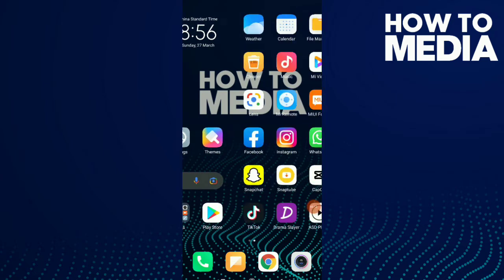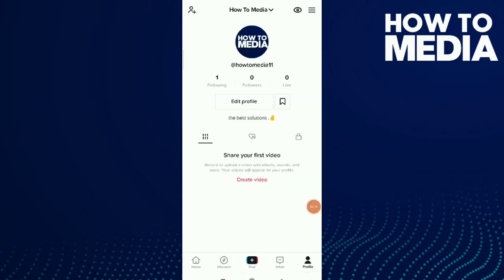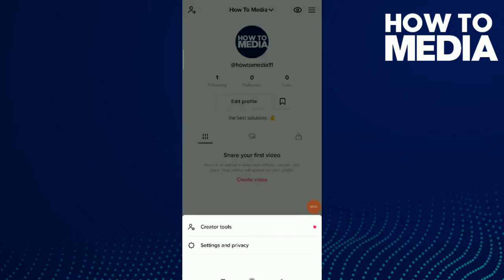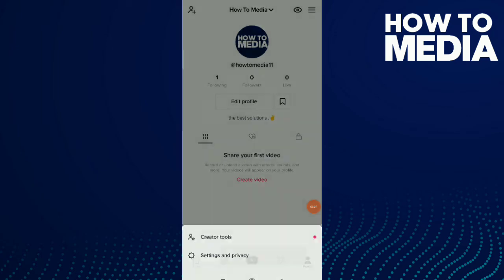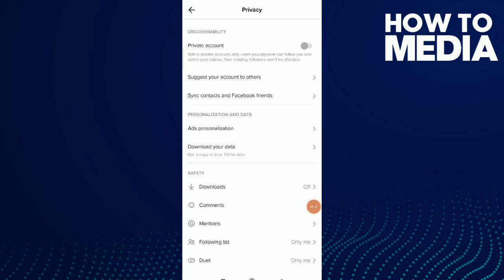So first thing, go to your TikTok. Now tap on profile and you see those three buttons up there. Tap. Now click on settings and privacy, and now tap on privacy